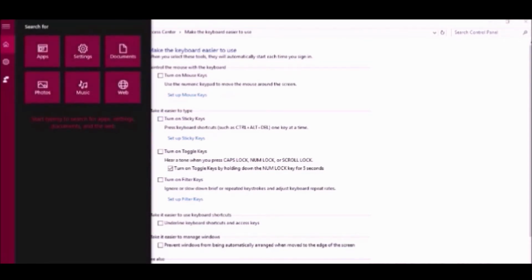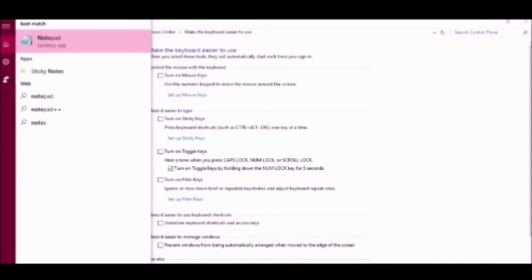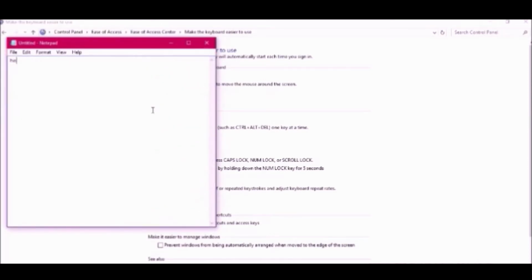First I will show you the output without sticky keys. Like this is Notepad. I will write hello there. Now I am pressing control and A together. So this is control A. I have to press control and A together to select the text.